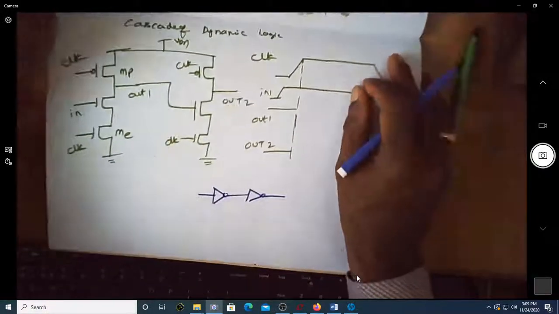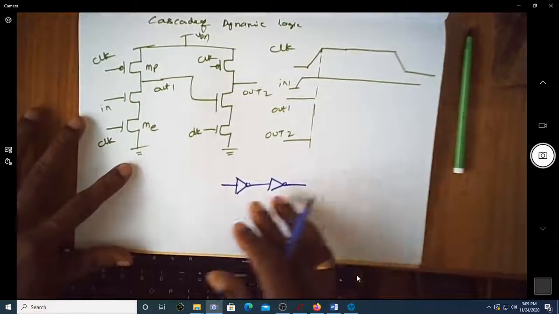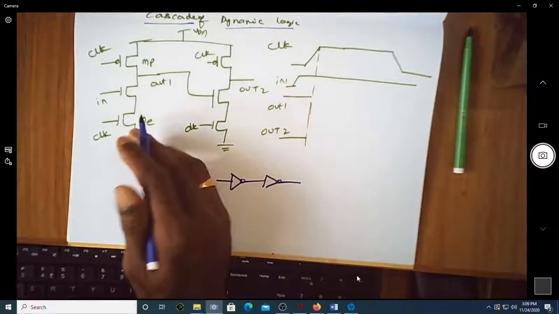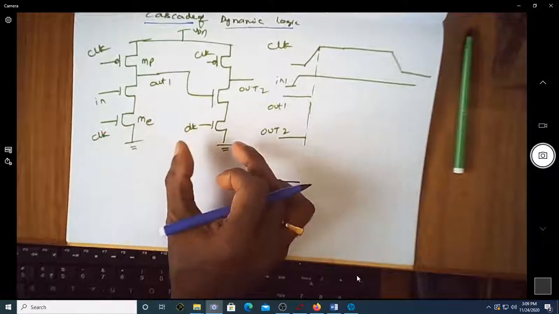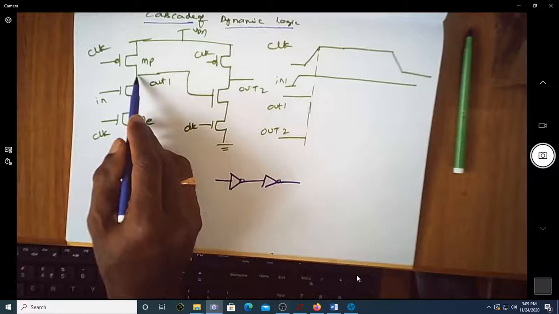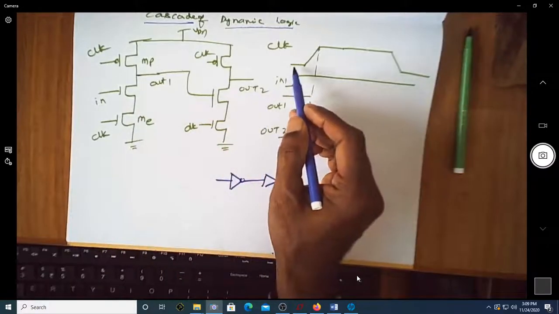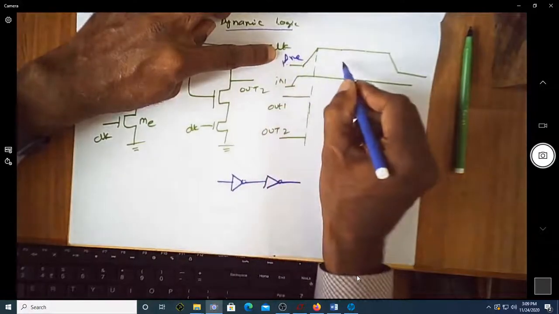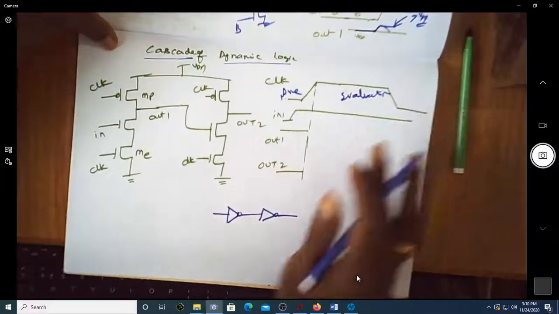You'll also see one more signal integrity issue in the case of dynamic logic. This is cascading of dynamic logic circuits. You can see I'm just cascading the output of one dynamic circuit to the second dynamic circuit. Keep an eye on the output of this, which is connected to the input of the second dynamic logic. Let us assume that this is your clock, which is in the pre-charge mode, and this is in evaluation mode.